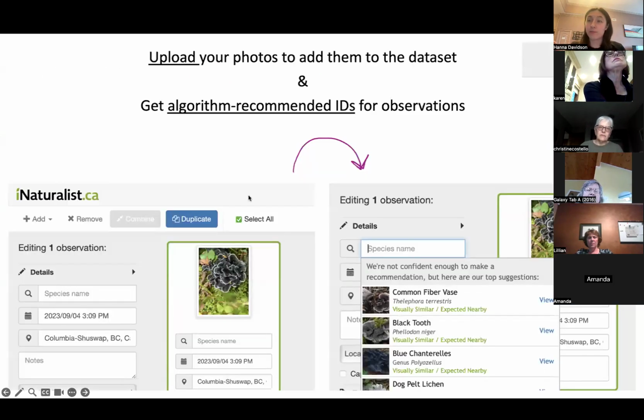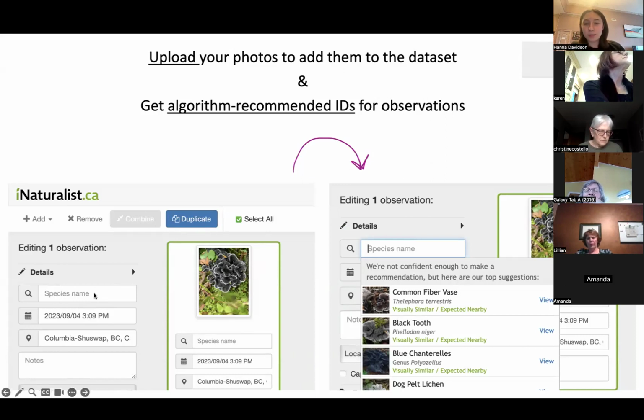All of these points come from somebody taking the time to upload their picture, which is great. It's really fun to do, and it adds to that big map of data that everyone gets to access for free online. This is just a little screenshot of adding a photo from the website. I take my picture, it wants me to put in a species name, and then from the picture, it automatically pulls the date, time, and location. So you don't have to note that down. It's automatically part of your photo.